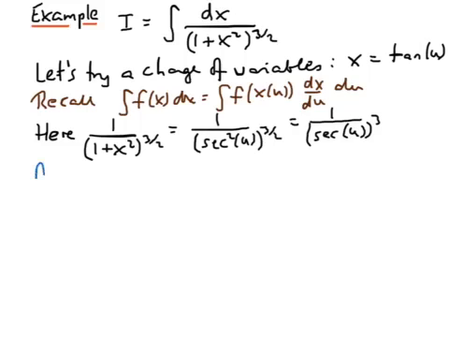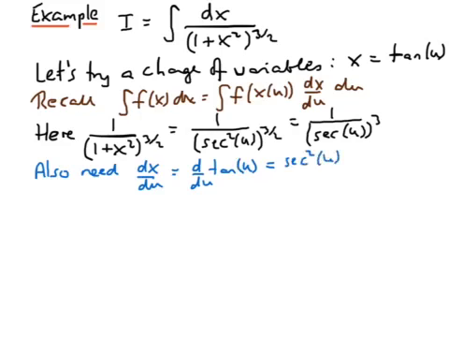The other factor we're going to need is the derivative of x with respect to u. So that means we need the derivative with respect to u of the tangent of u, and that is sec squared of u. So now we have all of the ingredients that we need to substitute into our formula. We have the integrand written in terms of our new variable. This was the integrand, and in terms of our new variable, this is it. And we have the derivative written in terms of our new variable here. So all we do is we take this, multiply it by this, put it in here, and integrate with respect